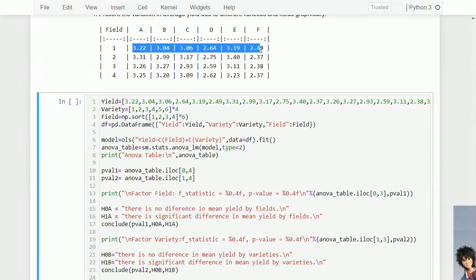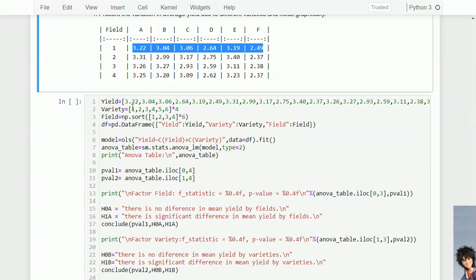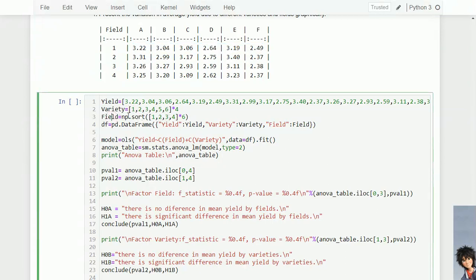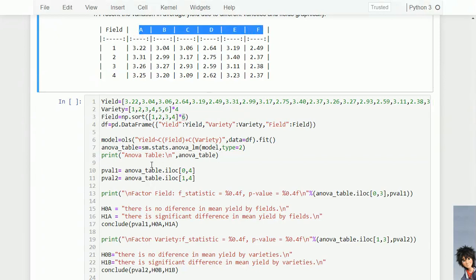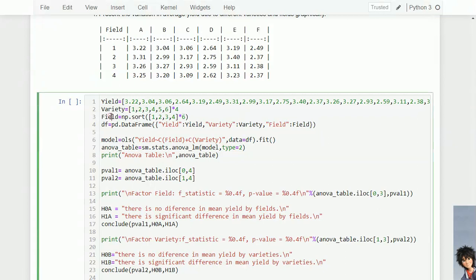We have entered the observations row-wise, so for the variety we will get a column. To obtain the field column, 1 2 3 4, 1 2 3 4, 1 2 3 4, 1 2 3 4, multiplied by 6 as there are 6 varieties, and by sorting this we will get the field.